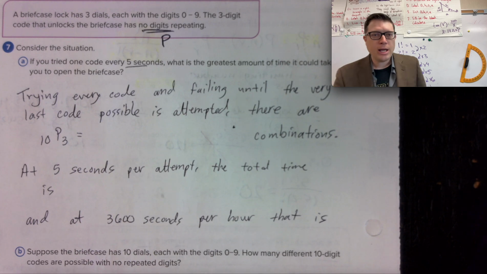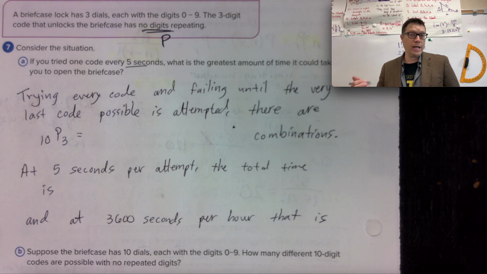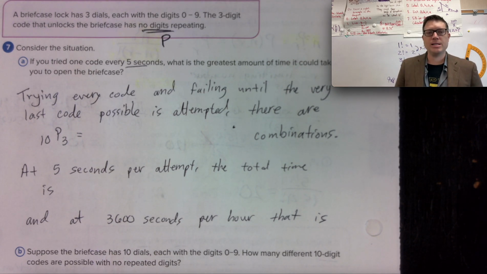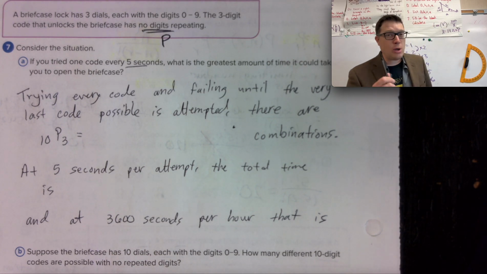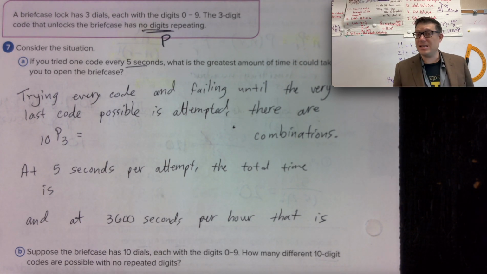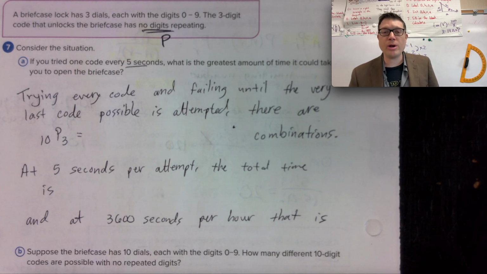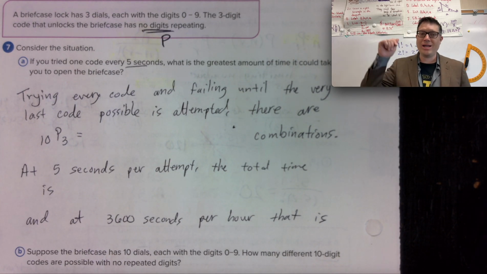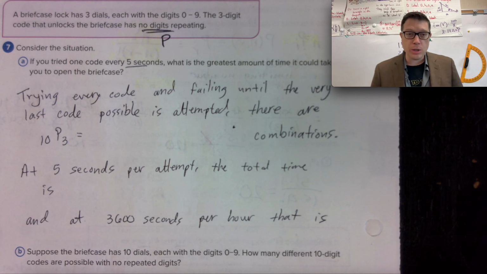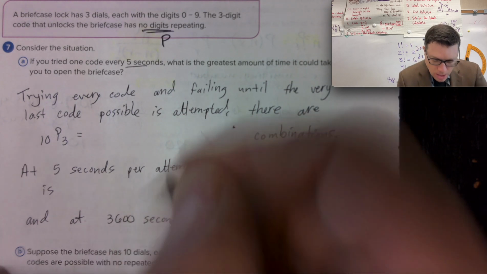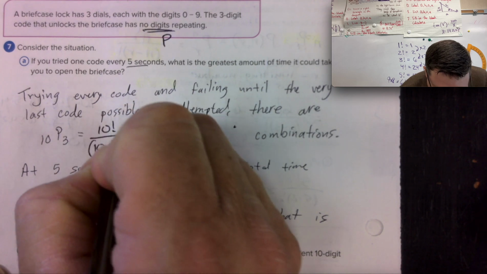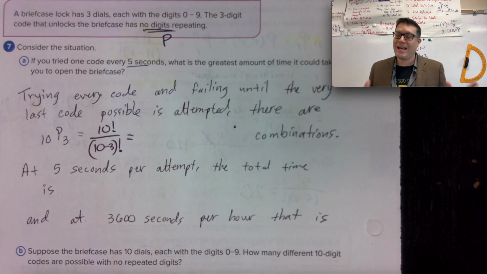But what if you didn't know and you started with 0, 1, 2? Right? 0, then 1, then 2. What is the greatest amount of time it could take you to open the briefcase? By the time you actually get to the right answer, something like 9, 8, 7, trying every code and failing until the last possible code is attempted, we're going to do 10 permute 3 total combinations. Which, by the way, 10 factorial over 10 minus 3 factorial is the formula in action,